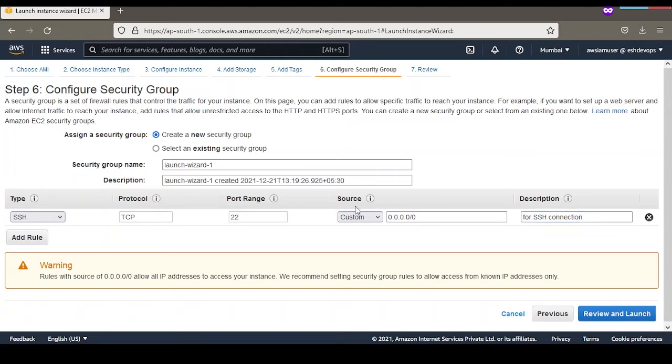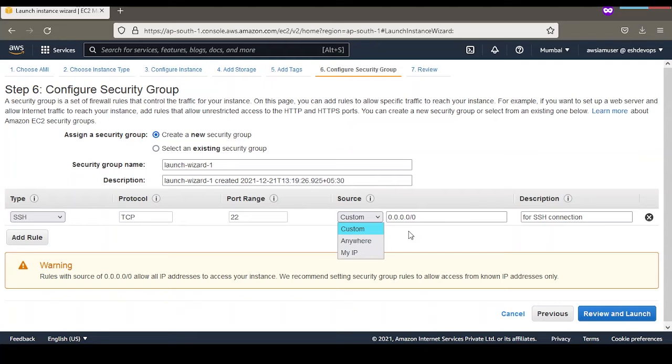And the source. Basically, the source tells you from where the traffic should land on your EC2 instance. If I select custom, then only a very specific range of IPv4 or IPv6 addresses will be able to access your EC2 instance.